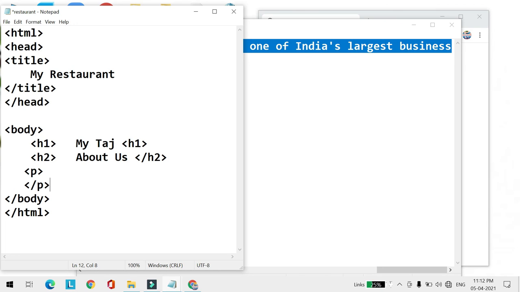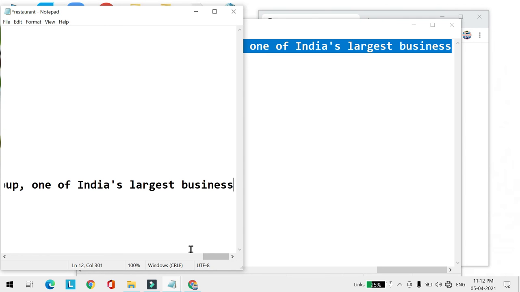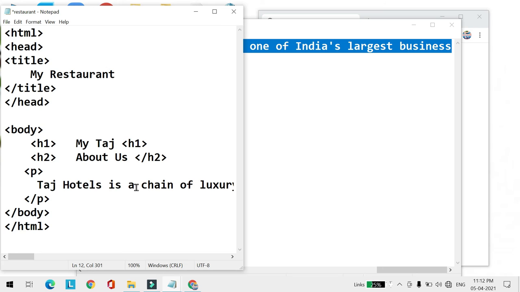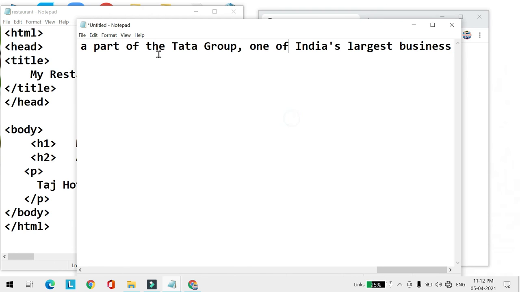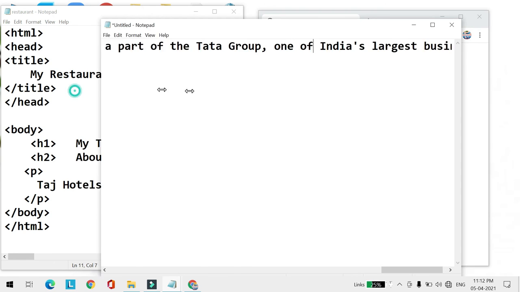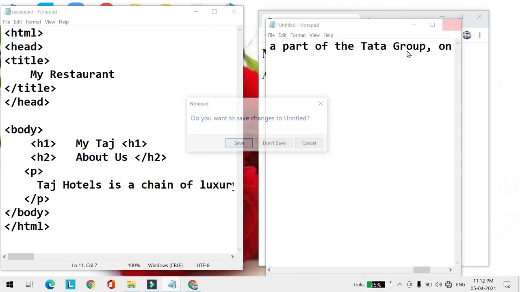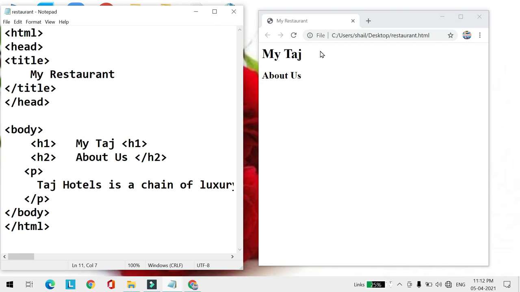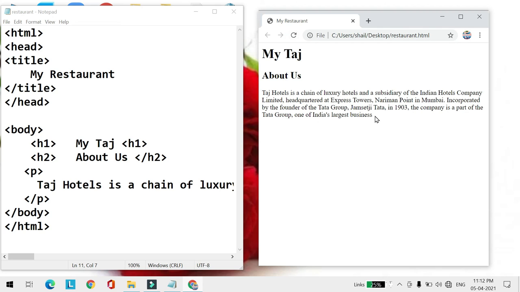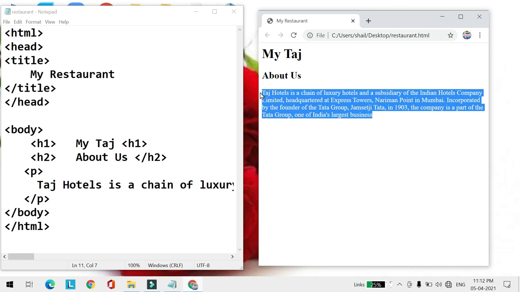Close this P, and whatever content you want to write about your restaurant, you can paste it or simply write in this paragraph. Now again Ctrl S and refresh the page. This is your web browser. Just refresh the page. Can you see the content is also coming now. So in this way you will create your HTML document.